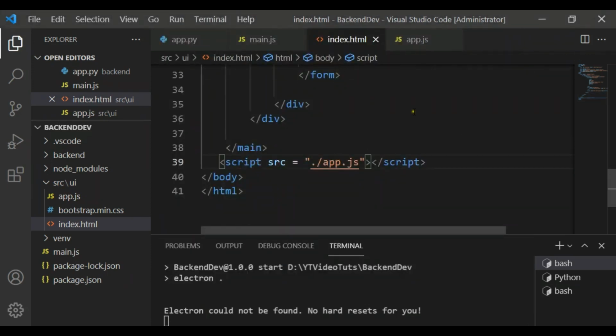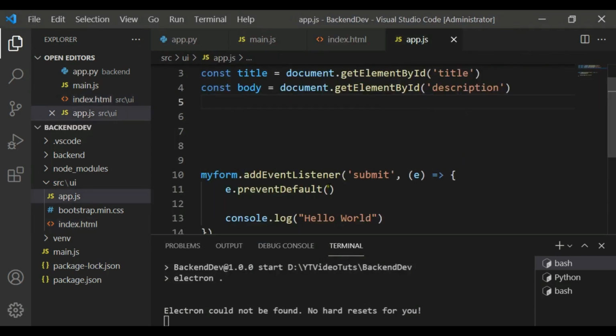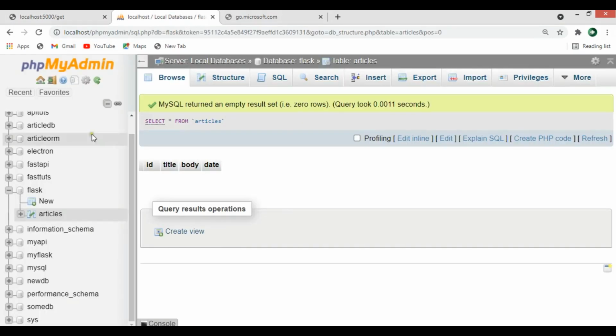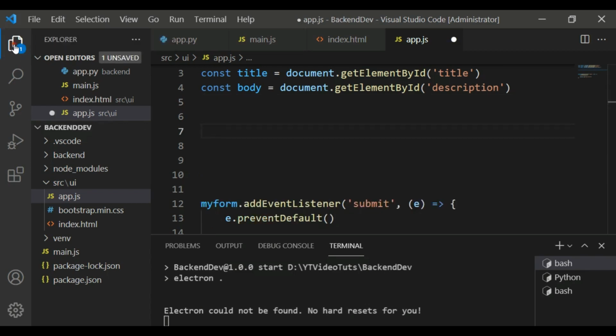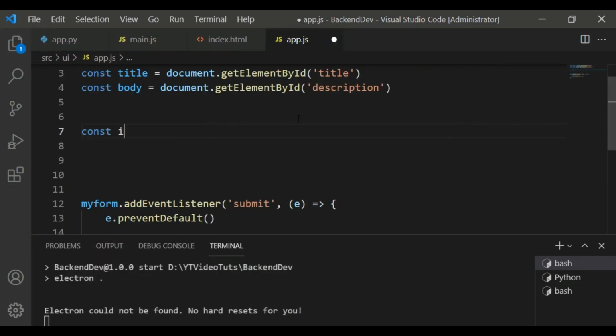So now what I want in here, by clicking of the save, is to insert my data to my backend. Now if you see my backend right now, I don't have any data, and if you see my database, Flask database and articles table, I have ID, title, body and date, but there is no data. So I want to add that through ElectronJS. Now let's create our method for inserting the data. So in here, I can just say const insertData